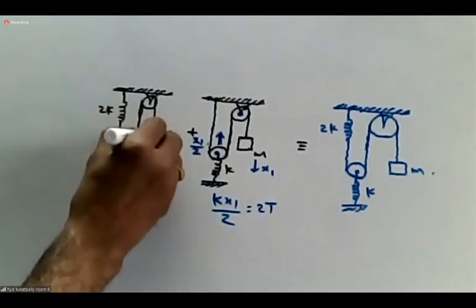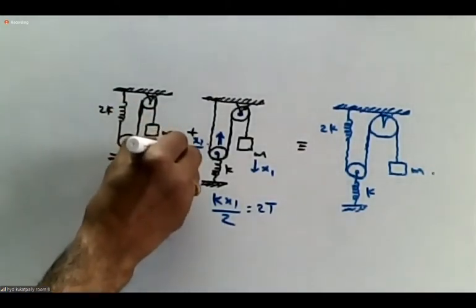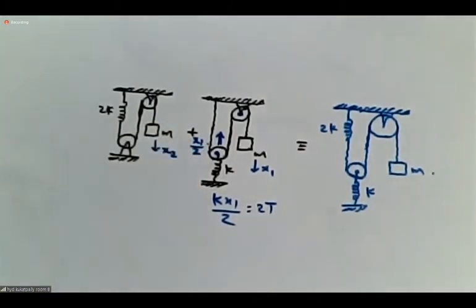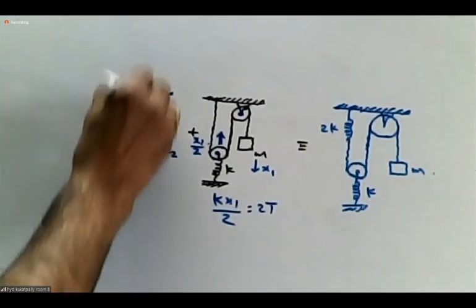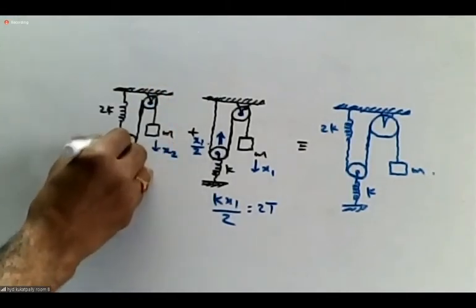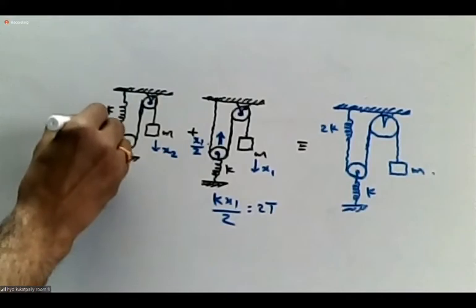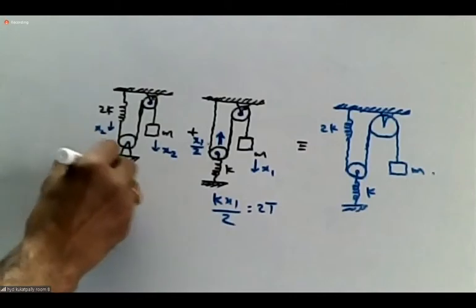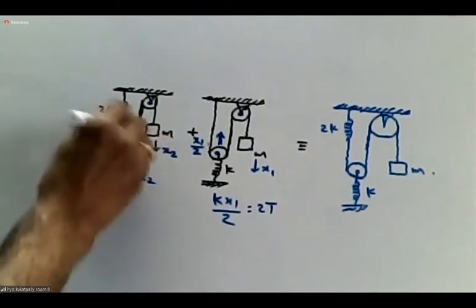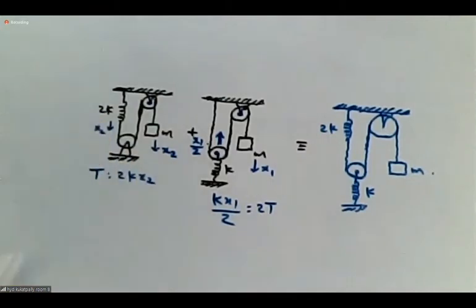Second case. Now the second spring is there. Assume that this causes an x2 displacement in the block. The spring displaces by x2. The spring constants are different now, so they do cause different displacements. First spring x1, second spring x2. Then this pulley is fixed here, so the string here raises x2. This pulley is also fixed, so here it elongates x2, x2, x2. So tension T is equal to 2K x2. The tension in the string and the tension in the spring are both the same, 2K x2.